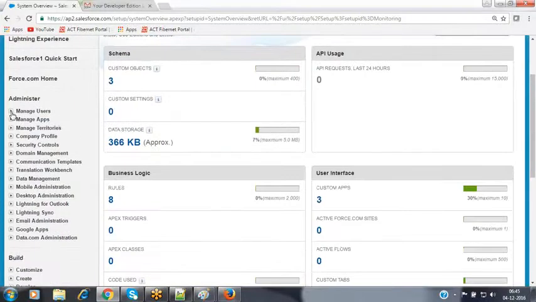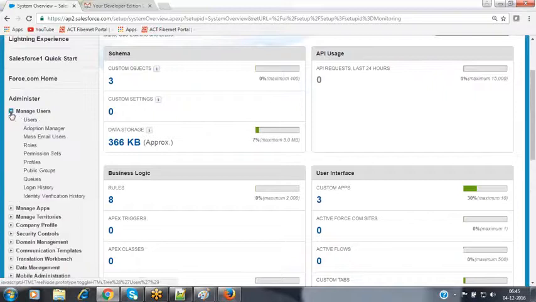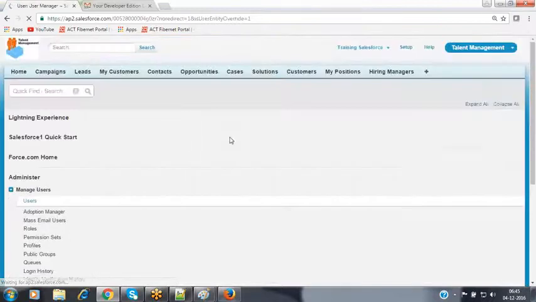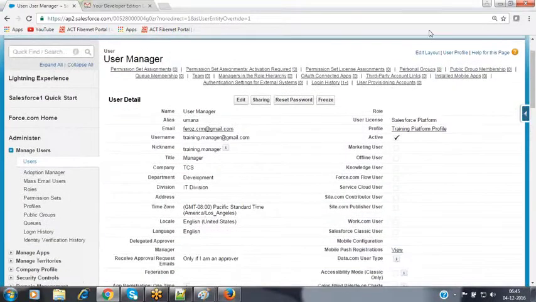Now, I want to freeze the user here. How can we freeze the user? Now let's see practically. Go to that user's information, open any of the user records which you want to prevent from login access. Go to that some manager user, open that user record. On that user record, you will have a button called the freeze button. By using that freeze button, we can deactivate that user also for some time.